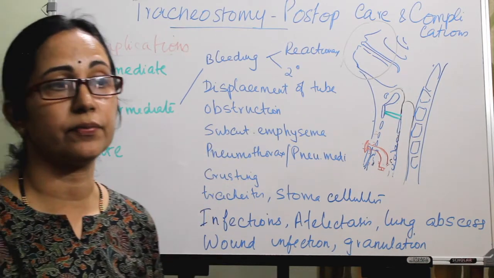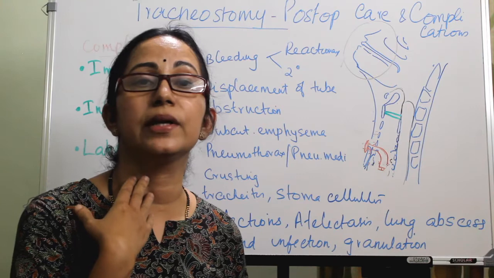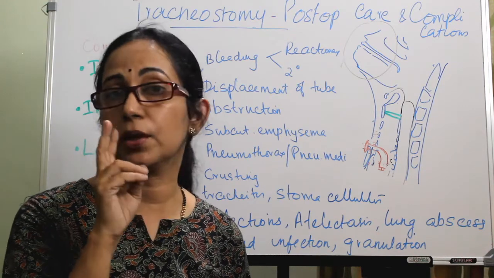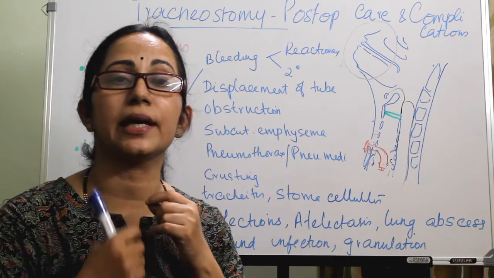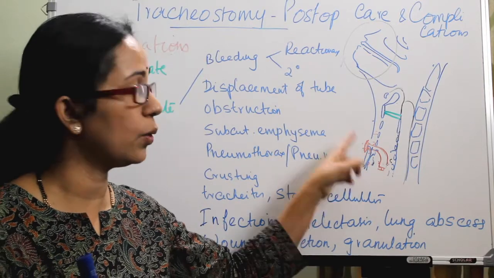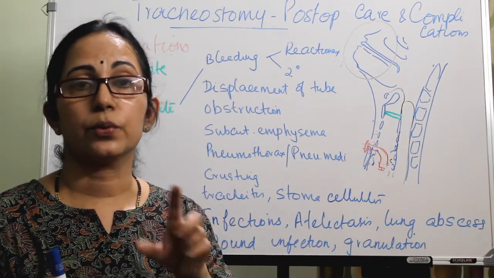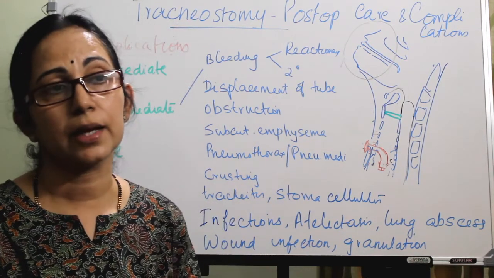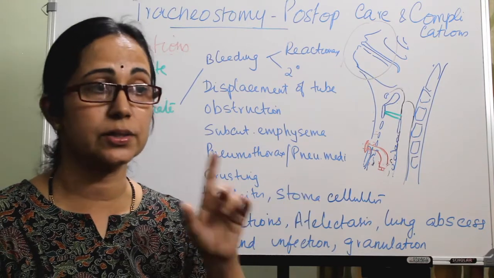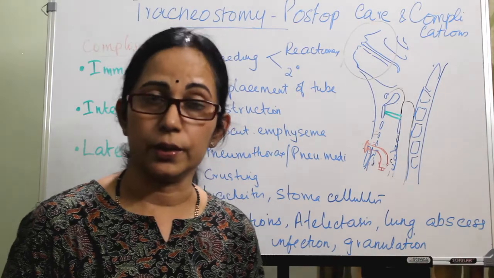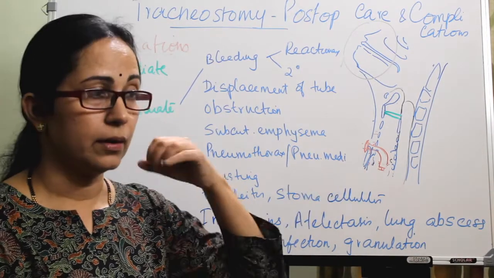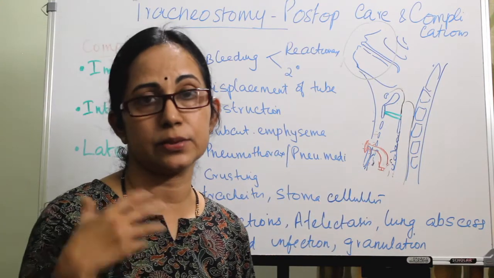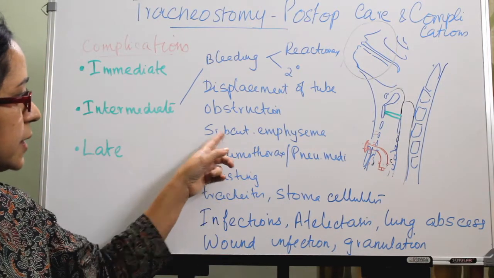Then there can be subcutaneous emphysema. While palpating you feel crepitus. That is a typical feel for subcutaneous emphysema, because of two reasons. One, you have given very tight skin sutures, and second, your tracheal opening is too big. So if the skin sutures are very tight, you can remove them, and if even after that the subcutaneous emphysema is not relieved even after 8 to 20 hours, then change the tracheostomy tube to a bigger size, a higher size tracheostomy tube. Okay, that is the treatment of that.